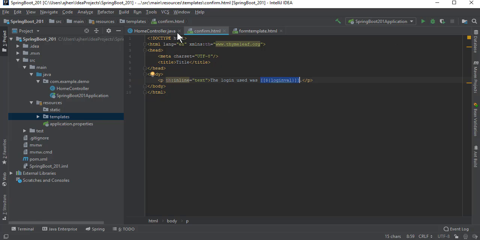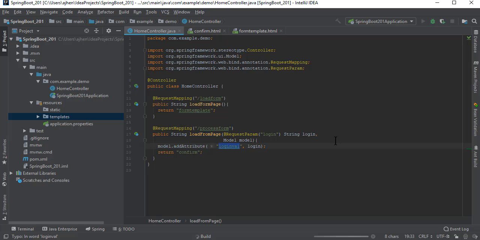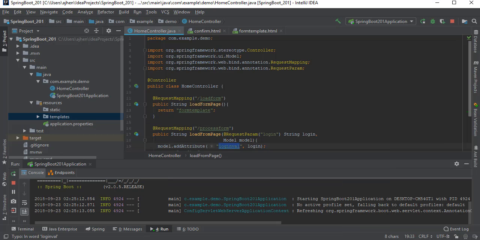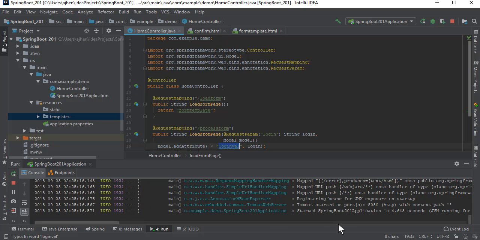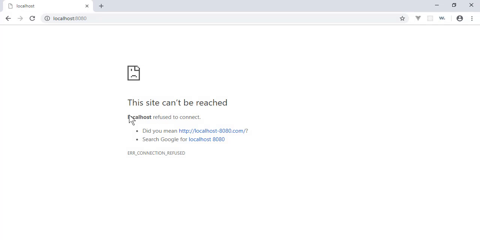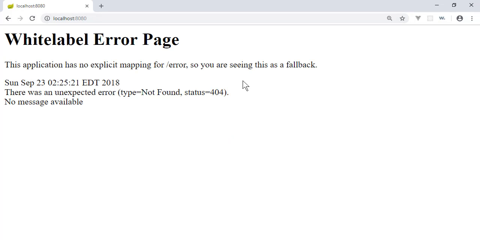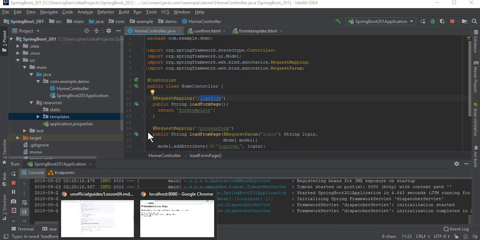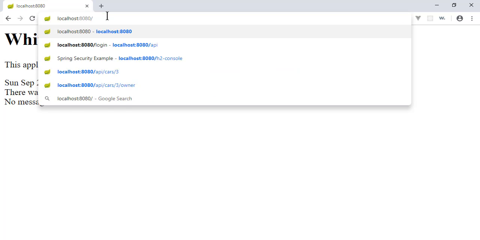So now that we have both of our templates and we have our controller, let's go ahead and run our application. And once it's done running, we'll be able to go to our browser and hit refresh. And I don't think it was done loading. Okay, so it's almost done and started Spring Boot 201 application. We'll hit refresh, and it has an error, page not found. What's wrong? Now remember, we never created a request mapping for the root route. We just created a request mapping for load form. So we actually have to load form to be able to see the page that we want. So we would say /load form,